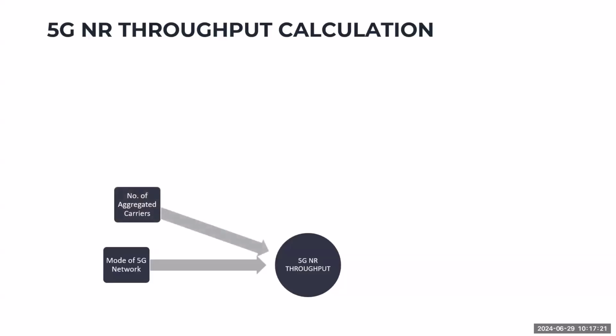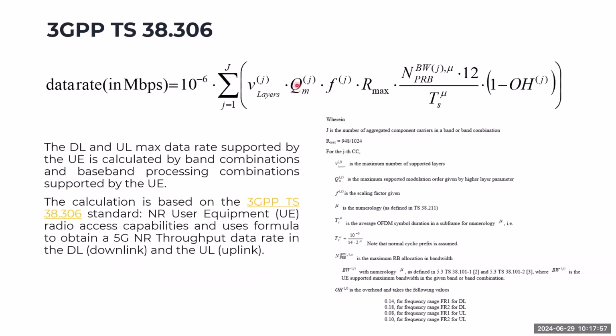Next is the number of aggregated carriers. How many carriers are we utilizing in 5G? Aggregated, meaning we are using carrier aggregation here. Actually, this is a more advanced feature of 5G because in the current setup that we have, we don't use carrier aggregation yet in 5G. We only use one carrier for 100 megahertz. But in the 3GPP specification, they mentioned that it is possible for 5G to have a carrier aggregation. That's why in our calculation, you will see that there are summation of all carriers here.